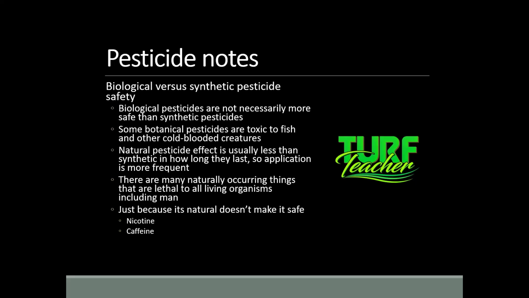And our last slide here, biological versus synthetic. Biological pesticides are not necessarily more safe than synthetics. Some botanical pesticides are toxic to fish and other cold-blooded creatures. Natural pesticide effect is usually less than synthetic in how long they last, so application is more frequent. There are many naturally occurring things that are lethal to all living organisms, including man. Just because it's natural doesn't make it safe, as we can see with nicotine and caffeine. So,